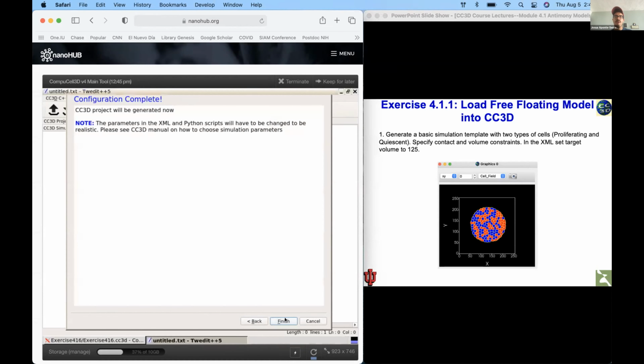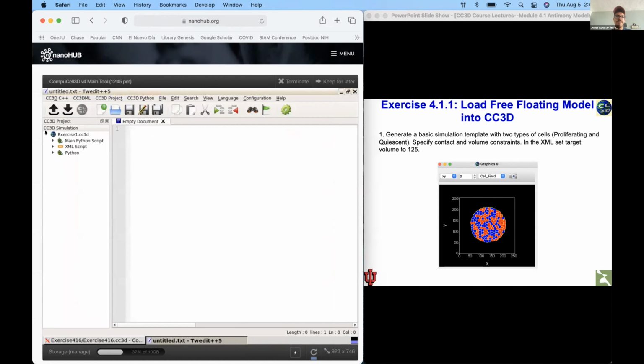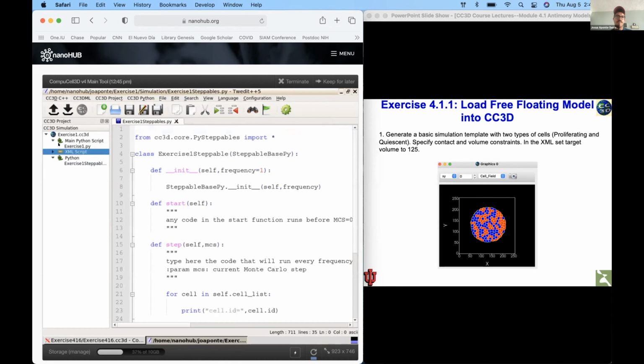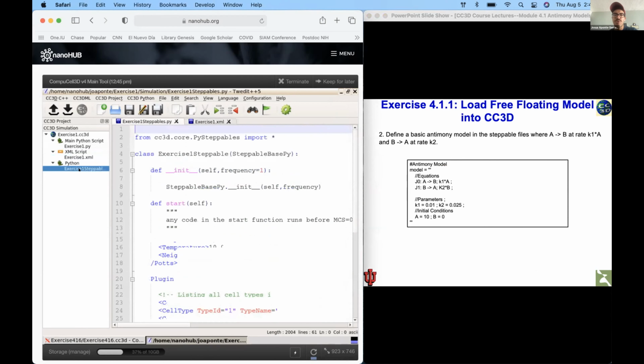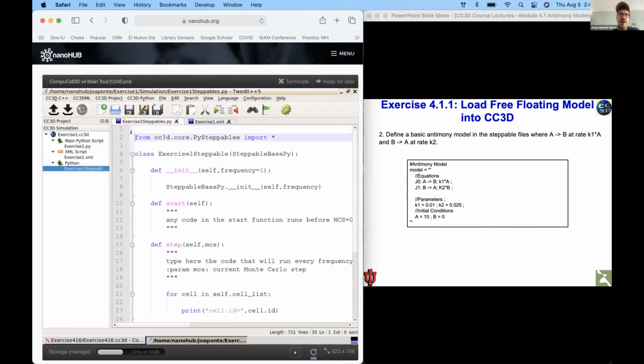Okay. Then I open my simulation, and then the next part, I'm gonna write a basic antimony model. And to write my antimony model, I wanted to say that this exercise will basically generate something similar